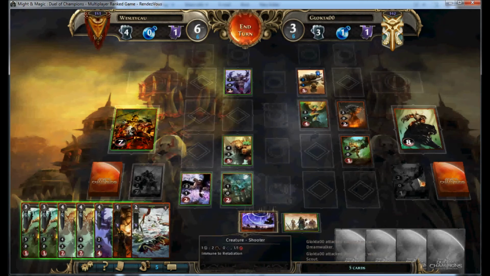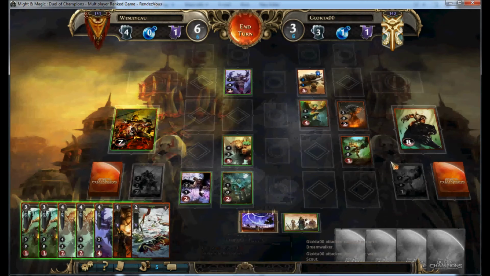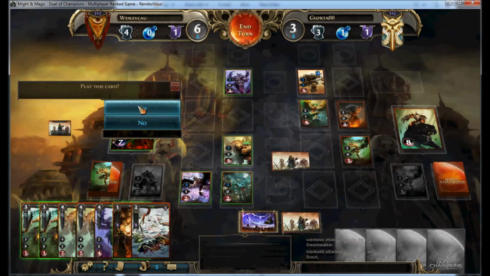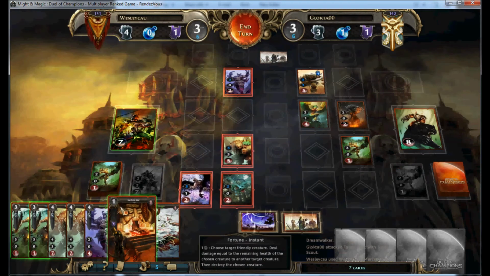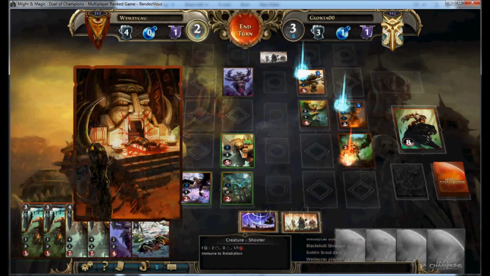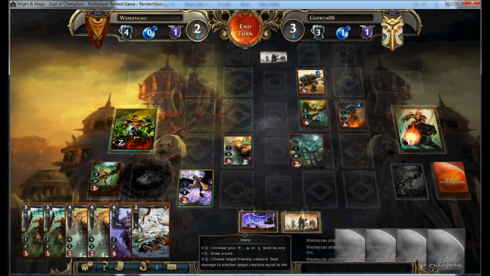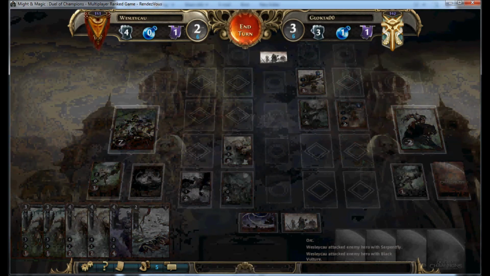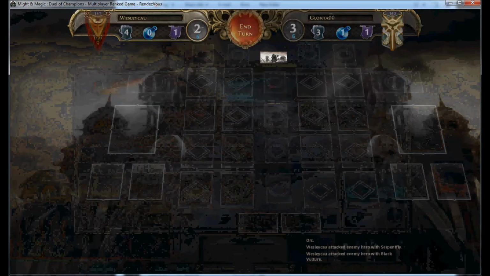So drawing the altar here gives me 8 damage pretty easily in a few different ways. I actually didn't need to activate the event there. I could have just